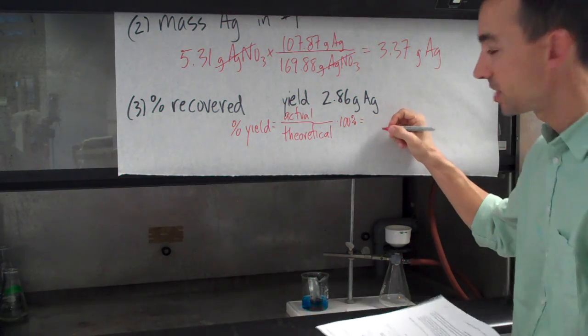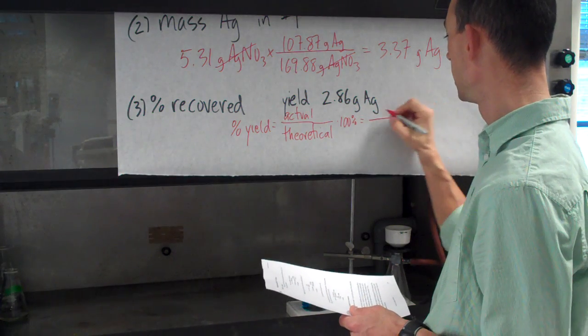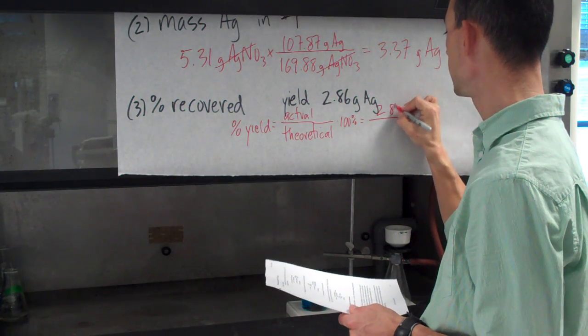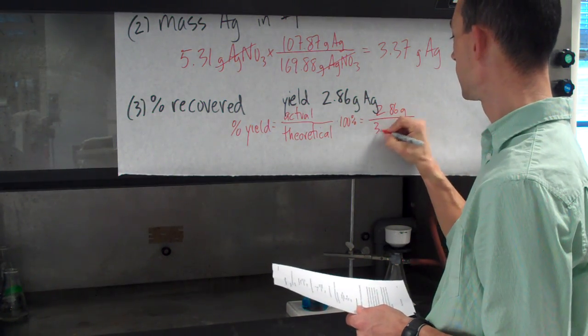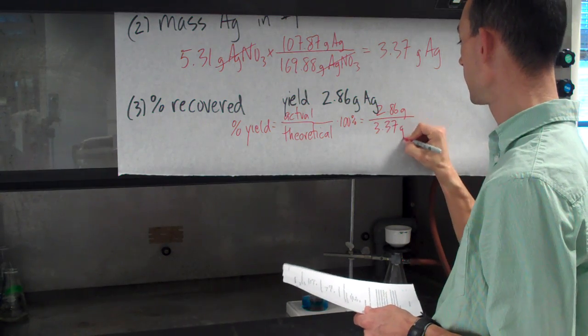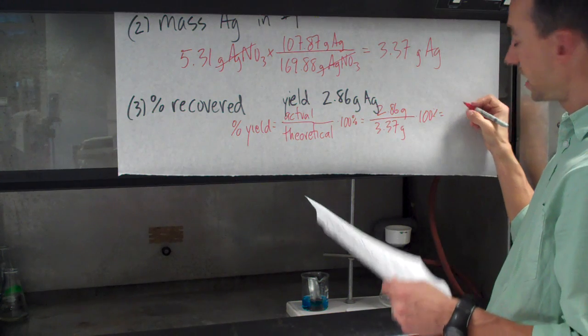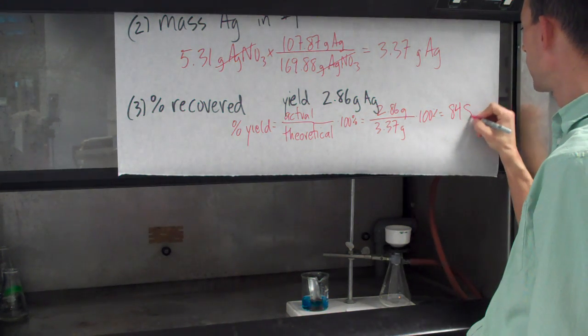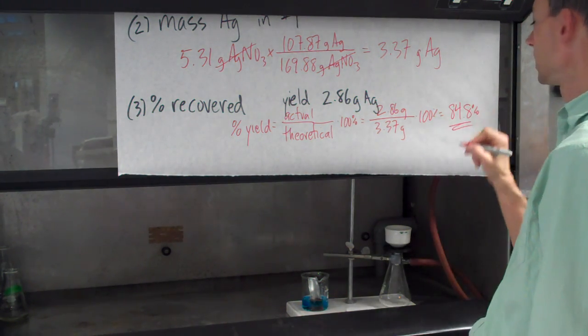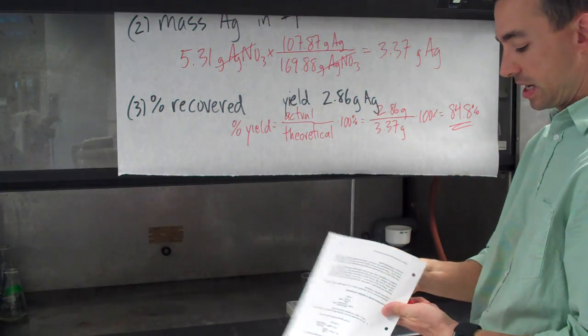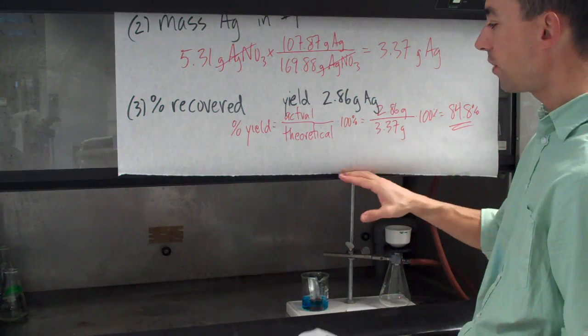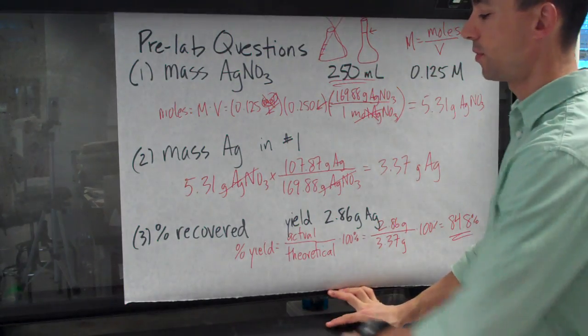This is not quite the same as a percent error calculation. So this is 2.86 grams of silver divided by our 3.37 grams times by 100 gives us an 84.8% yield of silver. I would expect that's about where we should be for an experiment like what we're doing